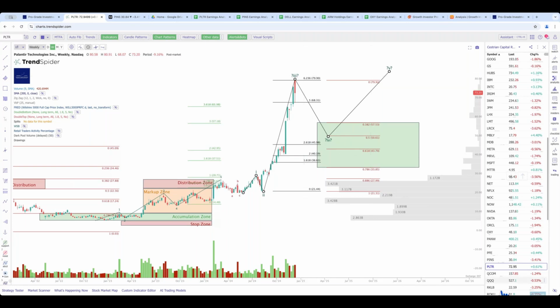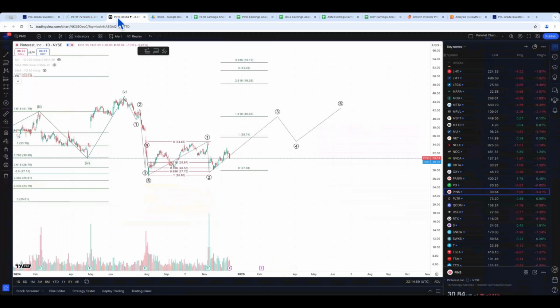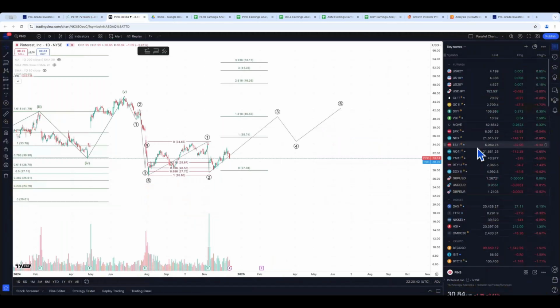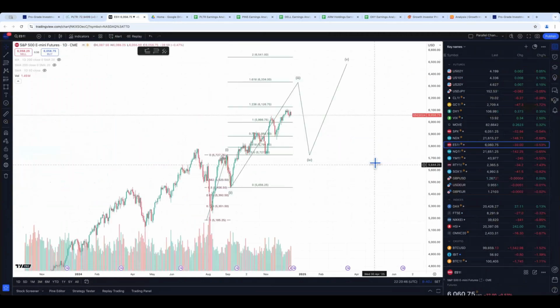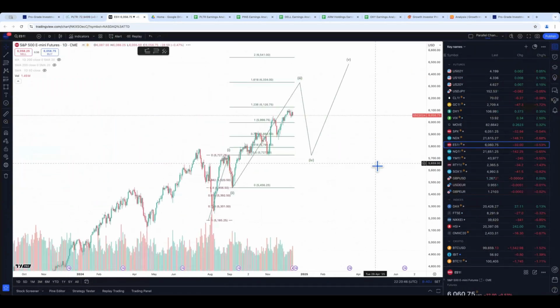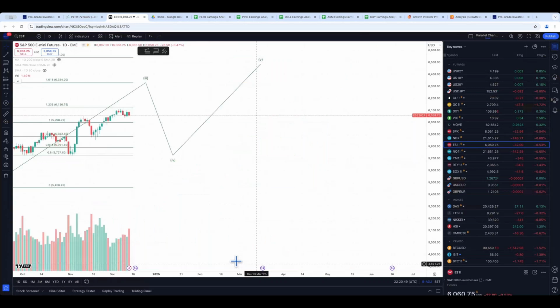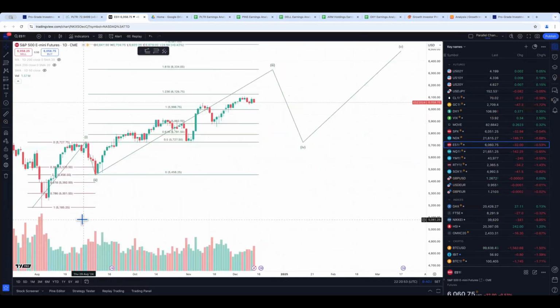Okay, we don't have too much time, but why don't we run briefly through the short-term index charts, and let's look at the futures to do that. So let's look at the S&P first. Here's the ES E-mini futures. That's how I think we are. This chart is a daily chart, and it starts at the August 5th lows.